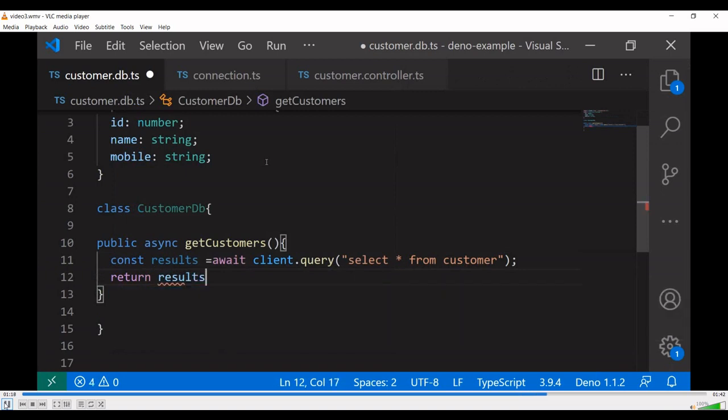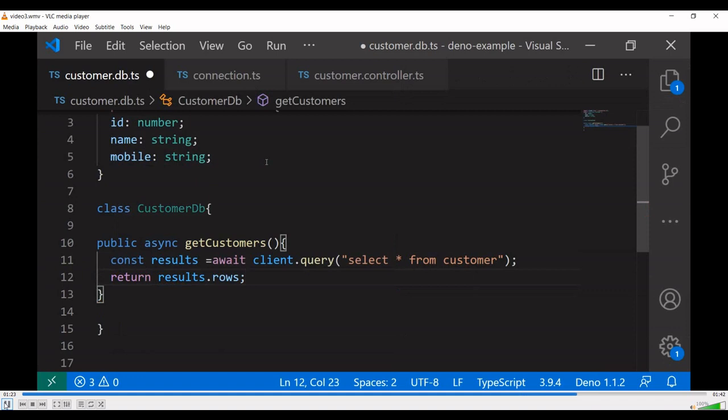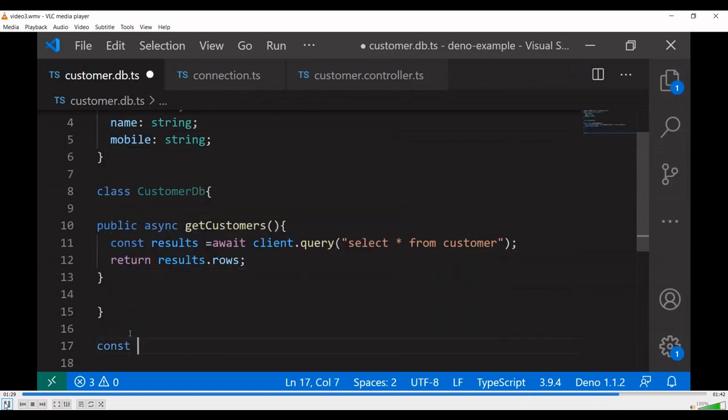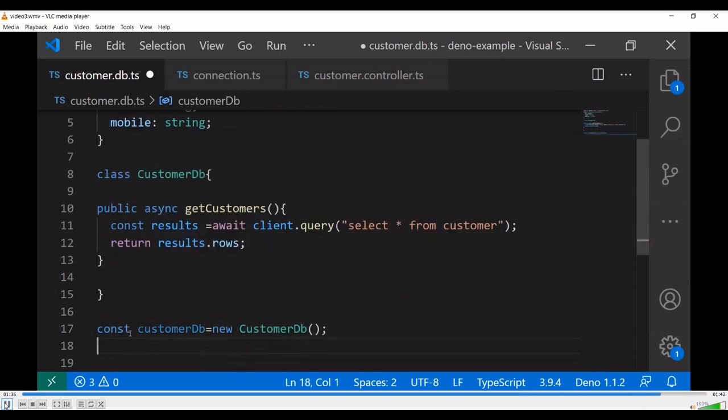Return results dot, we have multiple options here. Currently, I am using rows. We can check how the output will be. I'm going to export this DB equal to new customer DB. I can't use the default because it has the customer information and the customer DB. You can have a separate class for the interface and the class as well.